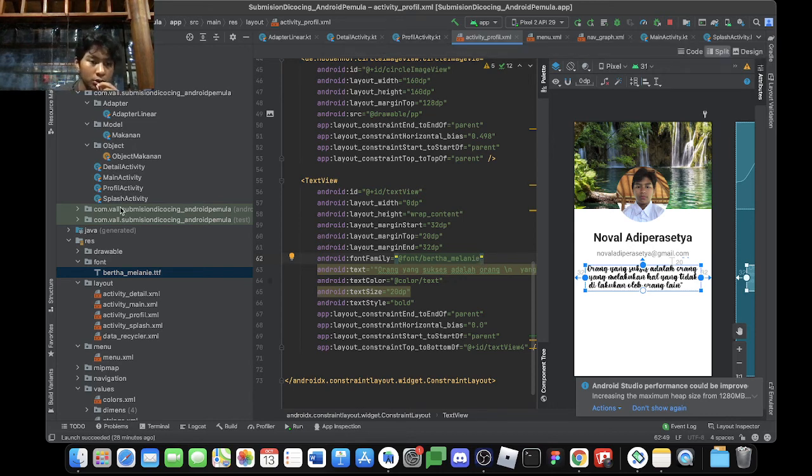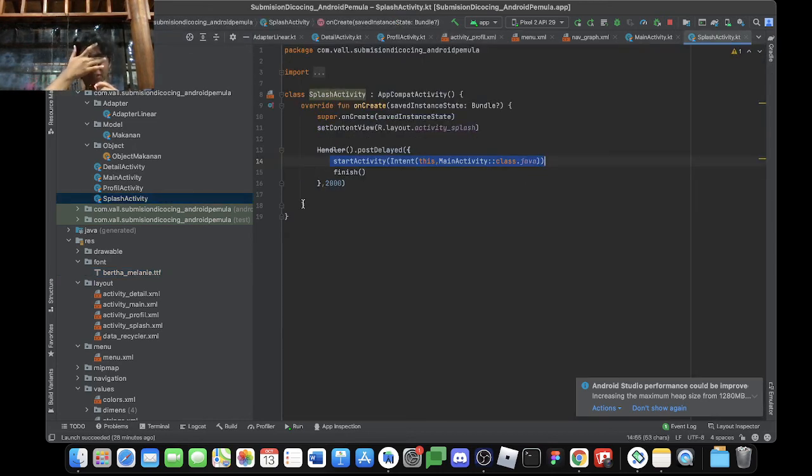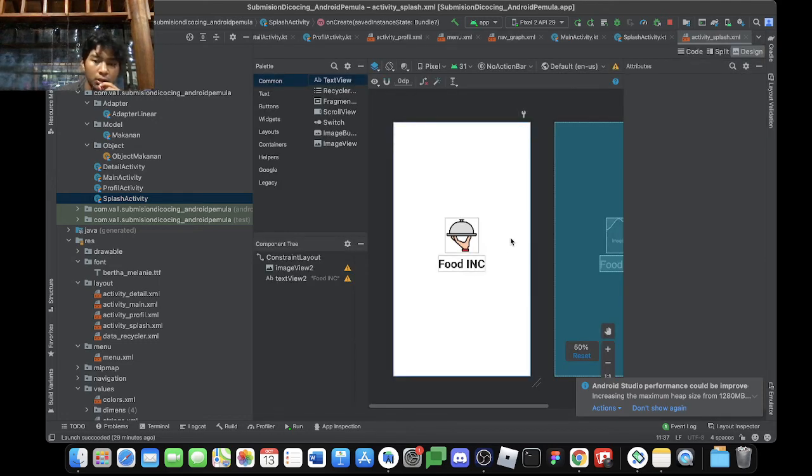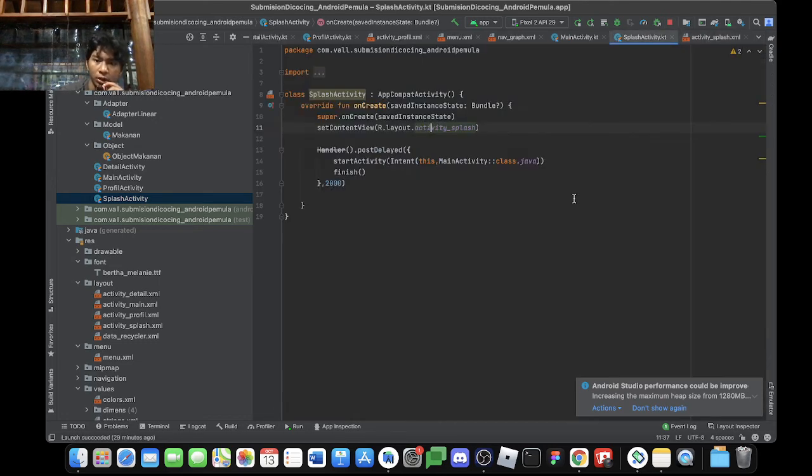Okay, move on to the splash screen activity. You can design it however you want. Here's my splash screen, and then Handler, and normal brackets after it, dot postDelayed, and curly brackets inside of normal brackets, and inside of the curly brackets startActivity intent, this to MainActivity.